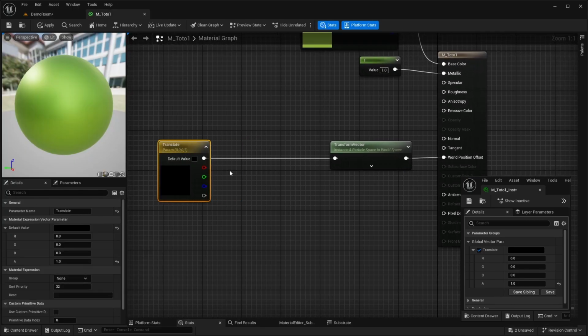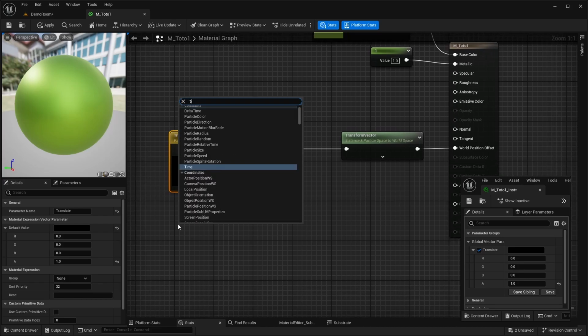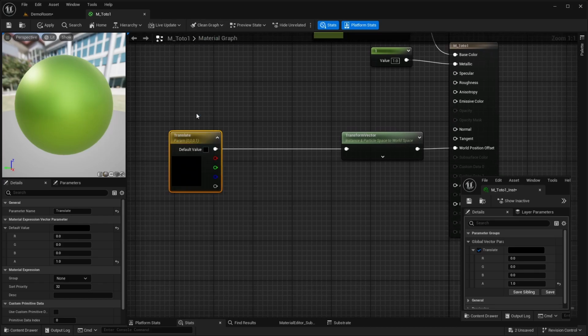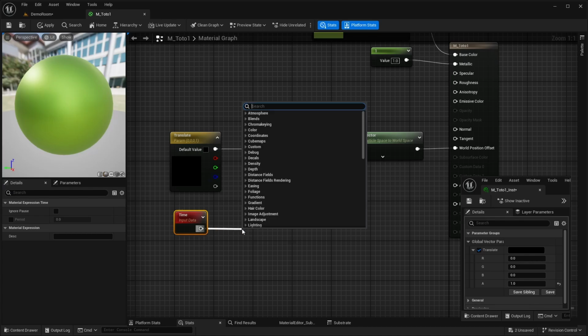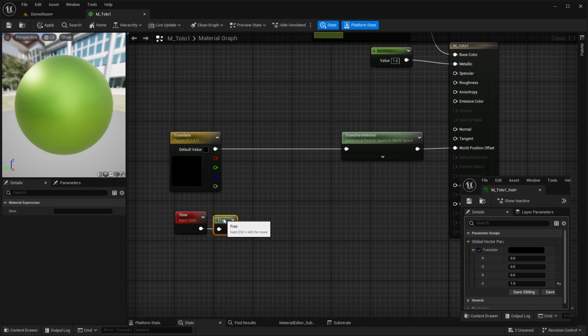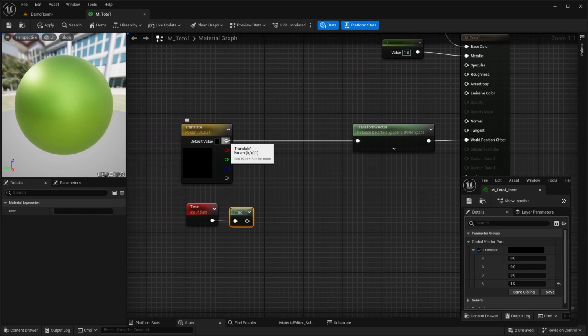So here there is our translation parameter, and we will take the time value, which is more or less the game time, and we will, for example, take the fractional part of the time, so it will be between 0 and 1,